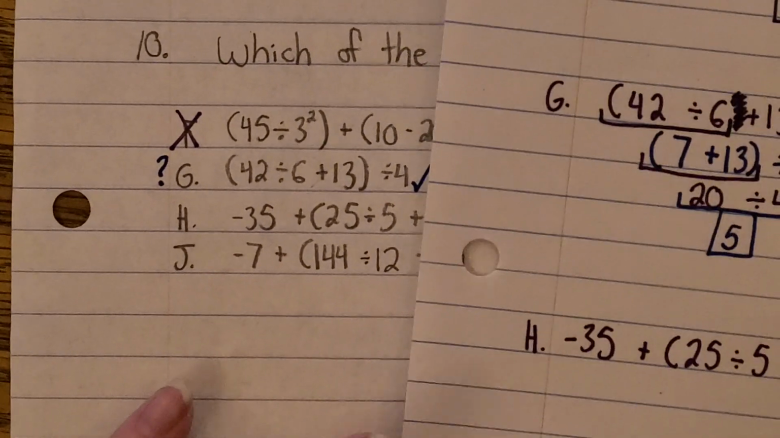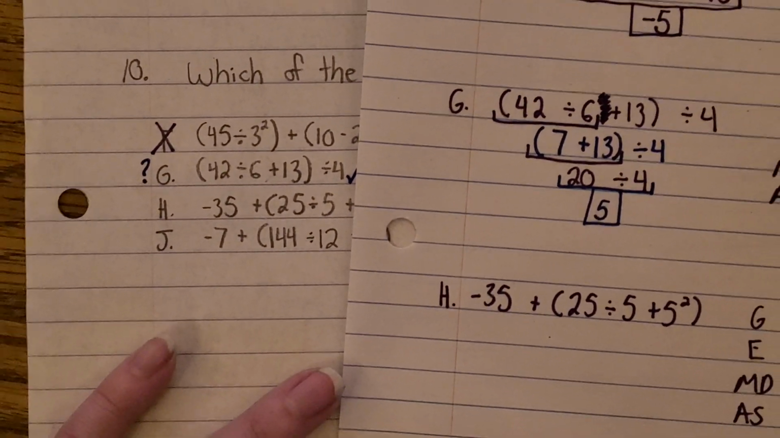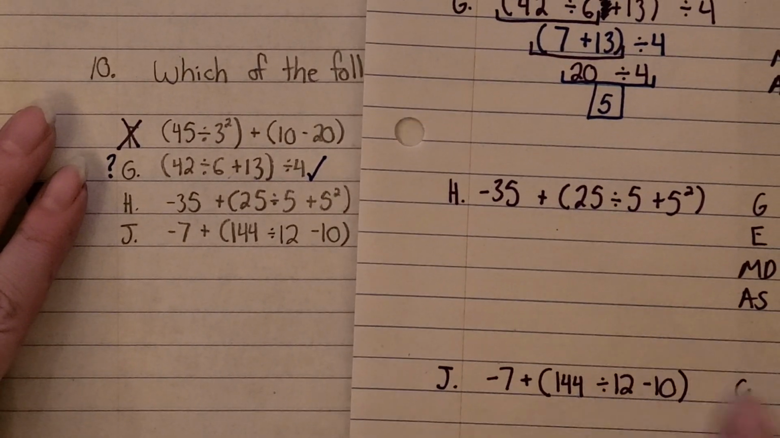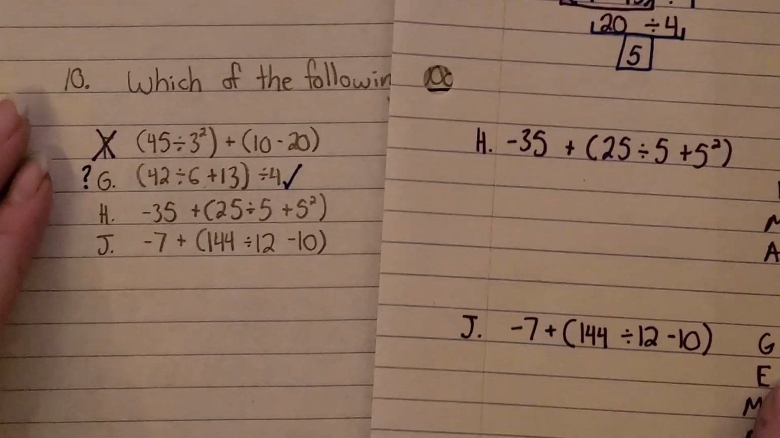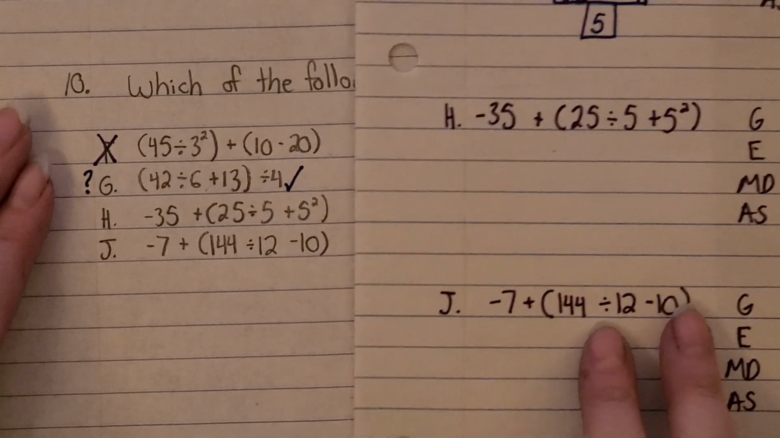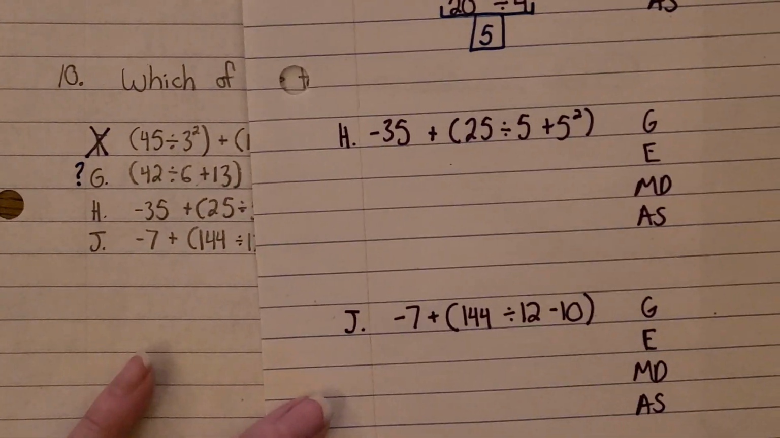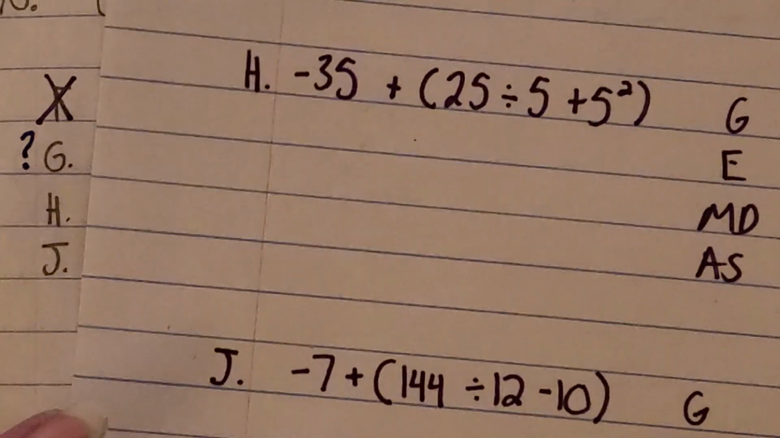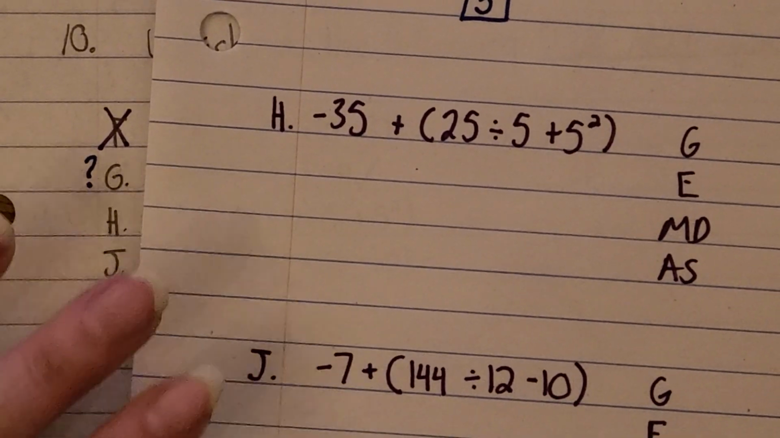It's very likely on STAAR that they're going to sit there and throw something at you to trick you. And maybe you made a small mistake somewhere. So let's go and double check with H and J just in case. All right. Also, it's good practice. H,